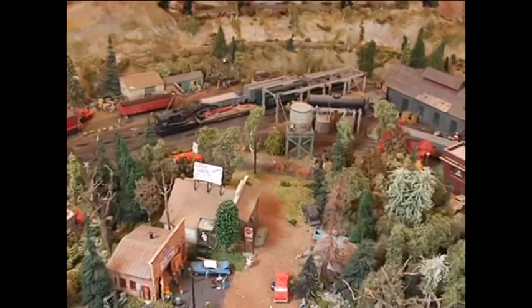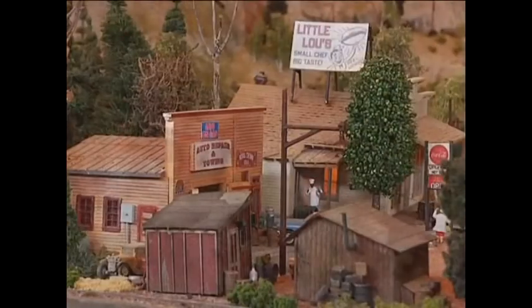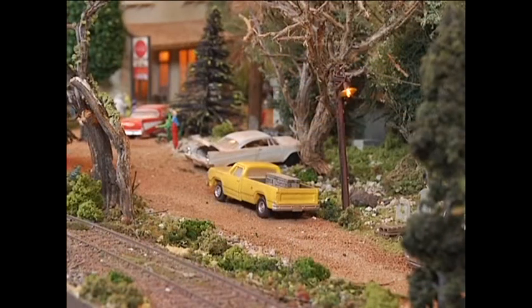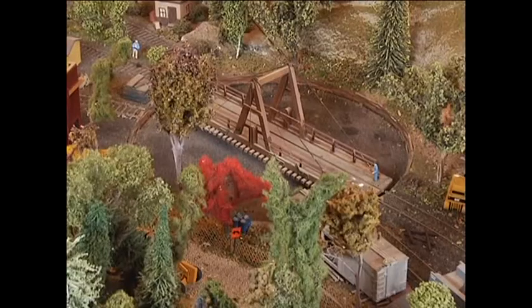Located at the far west end of town are the MNYP yards and shops. This is the outskirts of Canyon Springs and includes restaurants, more rundown structures, and other miscellaneous details. Here again we used uneven scenery, first creating the scenery and then building the structures into it. Here we find the MNYP sheds, yards, engine house, an 82-foot turntable,